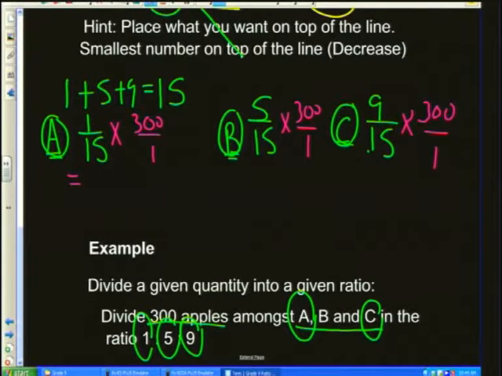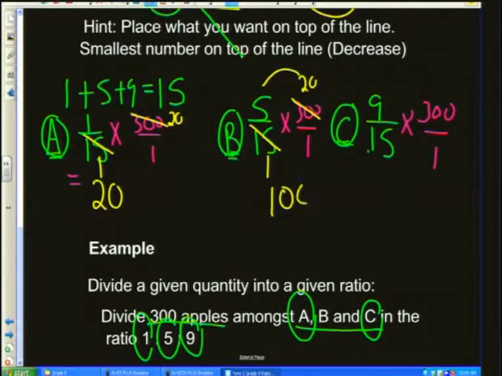Now, of course, we can quickly do some division. I like mental maths, but you can use a calculator, of course. 15 goes into 30 twice, so it's 20 times. Just double check with me. 20 times 1 is 20. The same here, 15 goes into 300 20 times. So 20 times 5 is 100. And then here the same again, 20 times 9 gives you